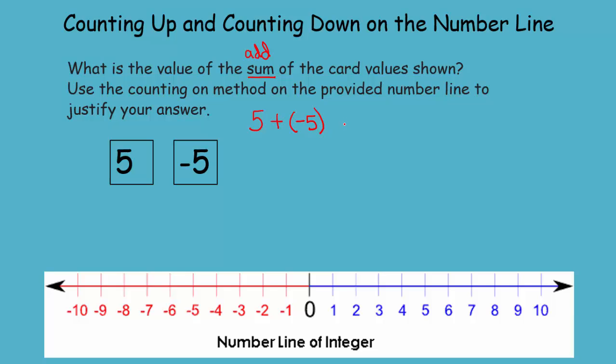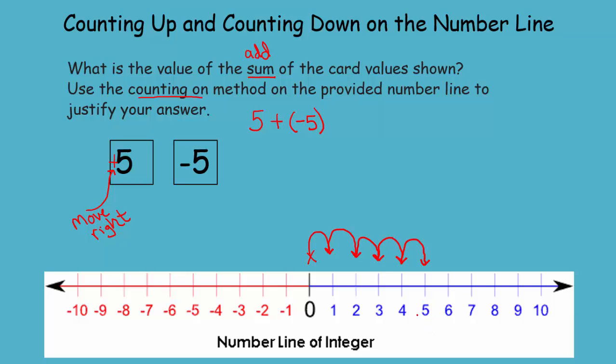So what is the value of the sum of the card value shown? It says use the counting on method on the provided number line to justify your answer. I need to teach you the counting on method if you didn't learn it last year. For the counting on method, you always start at 0. If you see a 5, we learned last night to assume that means +5. And a positive tells us to move to the right. So that says start at 0 and move 1, 2, 3, 4, 5 units to the right in order to